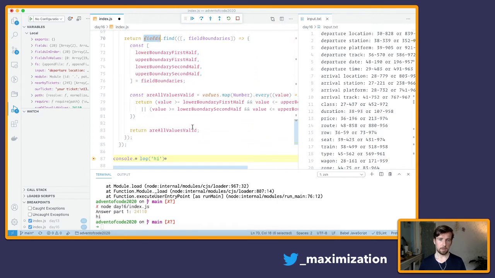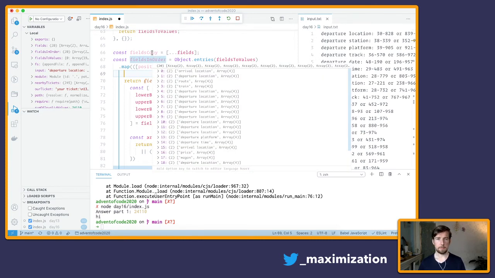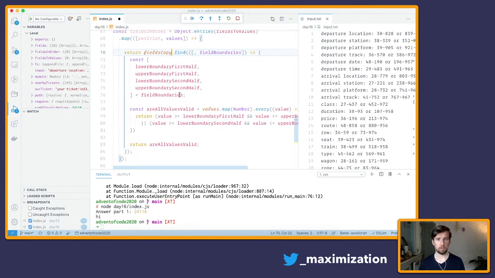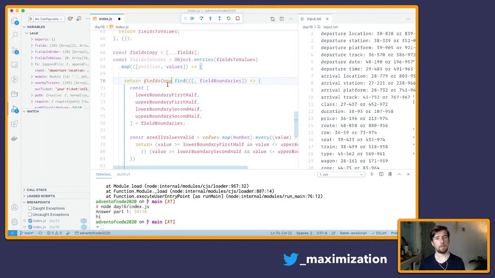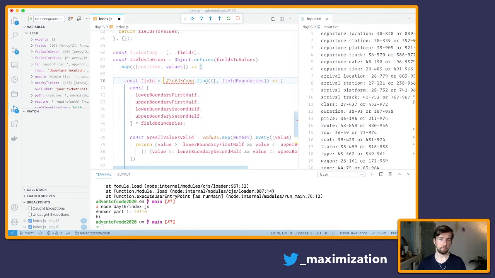I'm gonna use fields copy, but here I'm gonna say while fields copy, after we find a field, we need to remove it from the copy so that in the next iteration